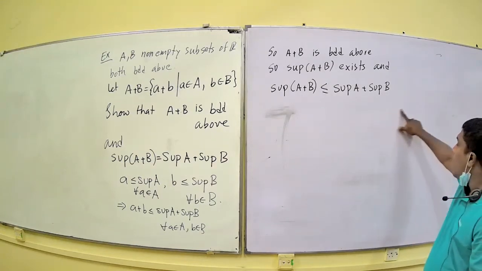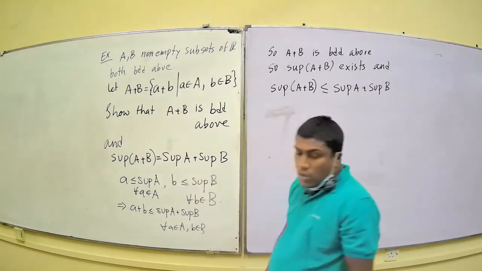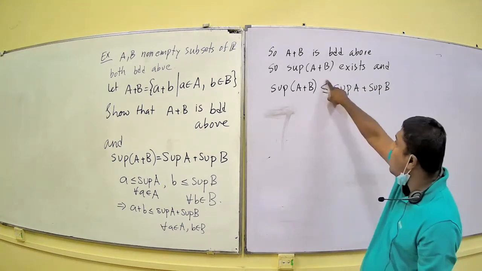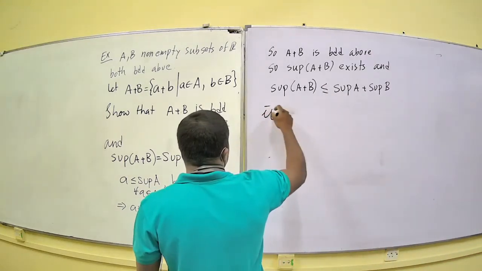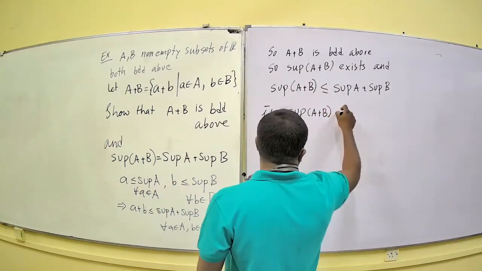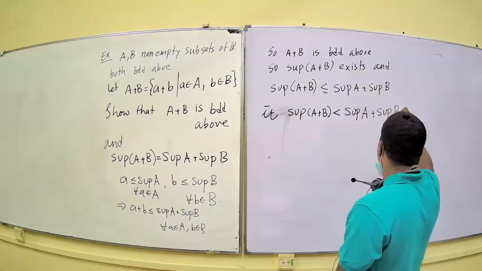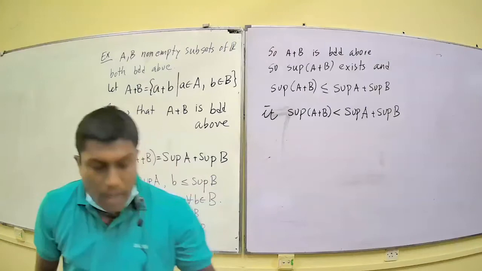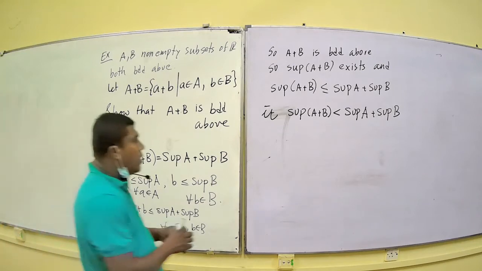Okay. So here you have an inequality, but you want to have equality. Right? The question says they want you to find equality. But here you have inequality. So let us show that the strict inequality is not true. If the strict inequality is there, right, then